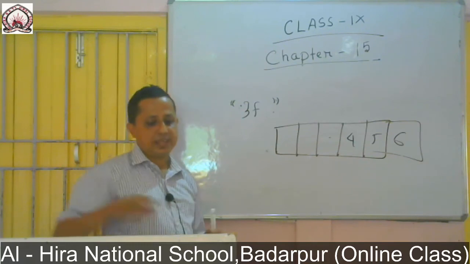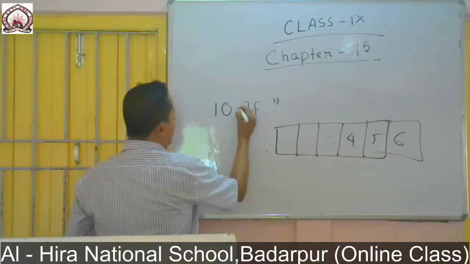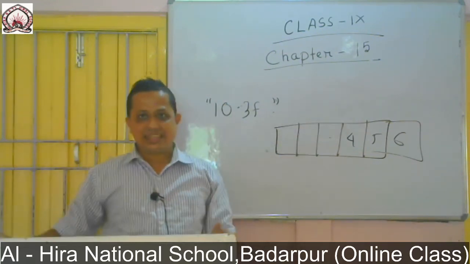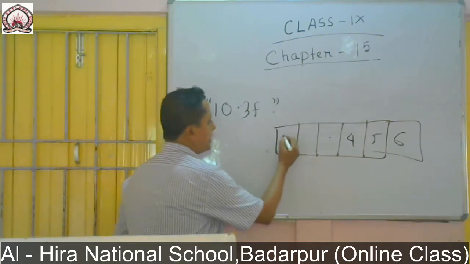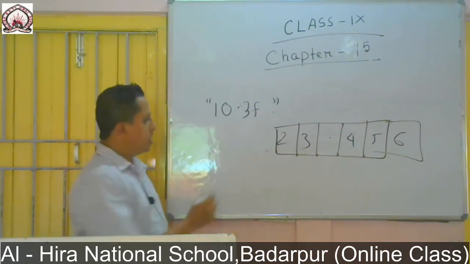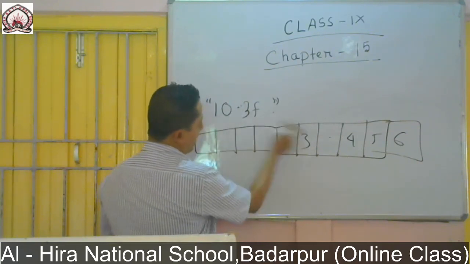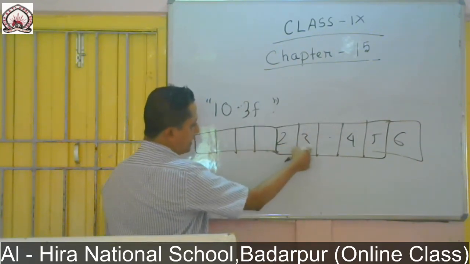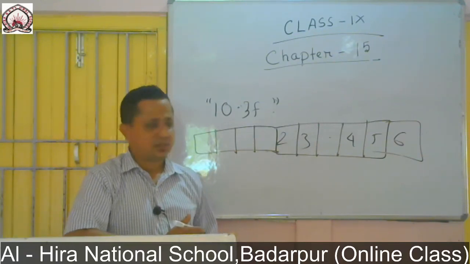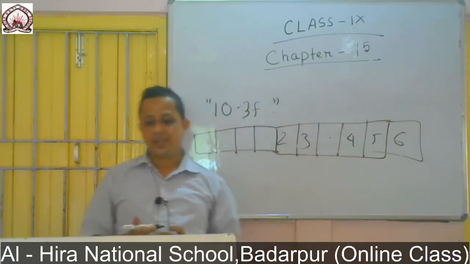Then we have, suppose, "%10.3f". It means the total width is 10, and after the decimal point there are 3 digits. You can mention a larger field width, but if you do not have that many digits, suppose I have given this input, it will take only this, and the rest will be left blank. And when you give a minus sign here, all of this will come to the left and the right side will be left blank.